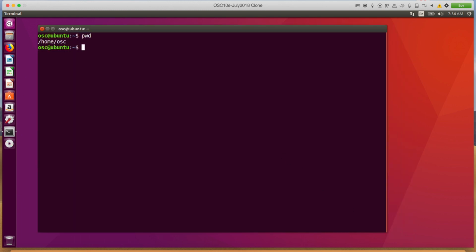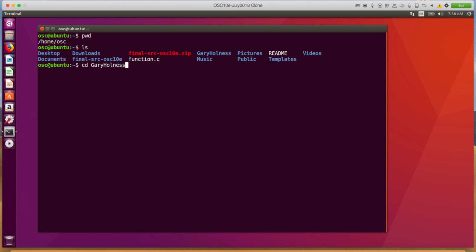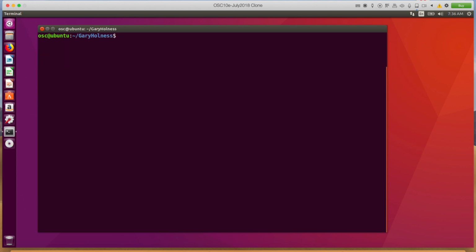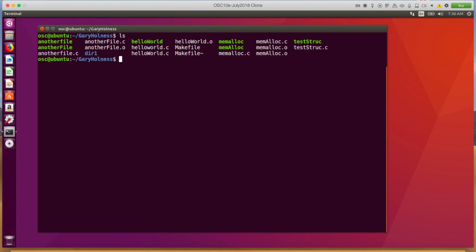All right, so I log in, I'm in my home directory, me being OSC, which is the default account, the single account that's on the VM instance. So let me take a long listing. I'm going to go to that directory I created where I've been working on a bunch of stuff for all of the examples. So I'm going to call my file test